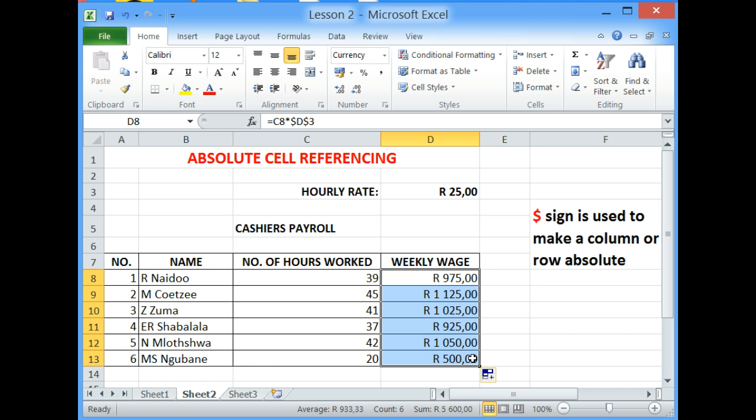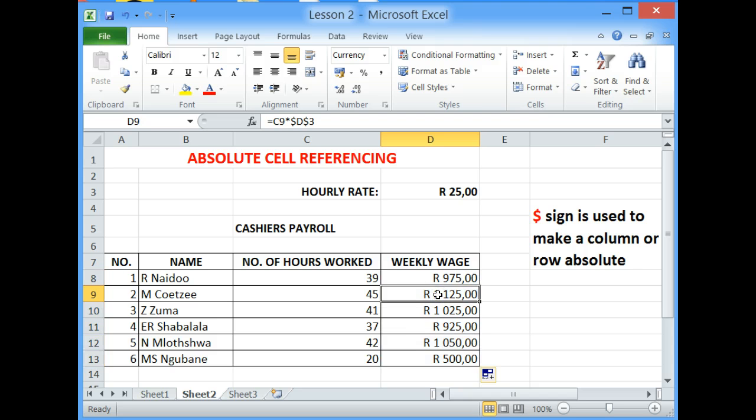I have calculated the weekly wages of M. Kutsia, Z. Zuma, E.R. Shabalala, N. Mlochwa, and M.S. Ngubane. Let us look at what is the formula contained in cell